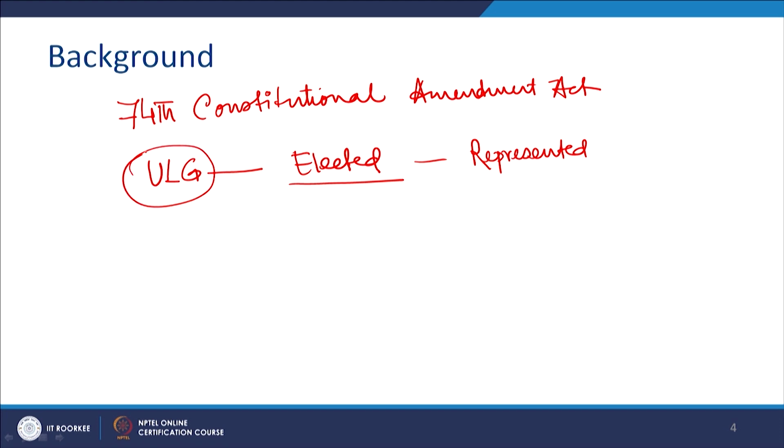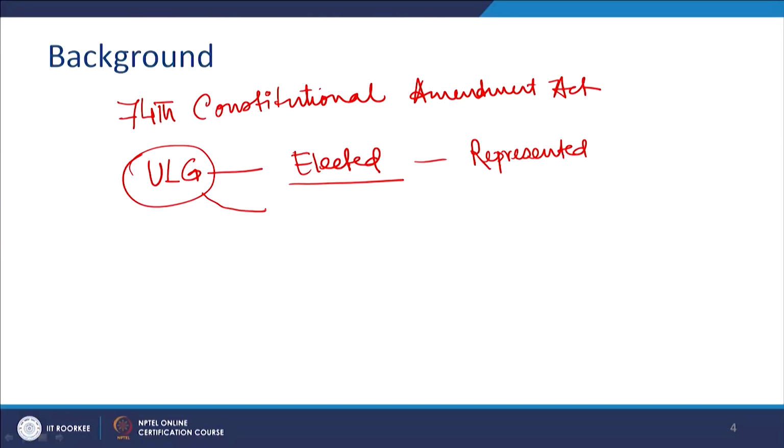That means it is elected by the common citizens of the country, that is why it is a government. And not only that, it can frame its own local regulations,